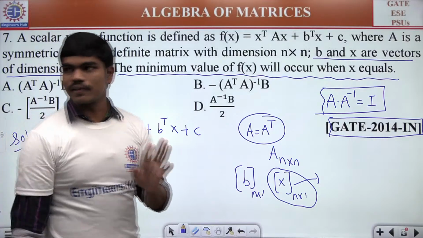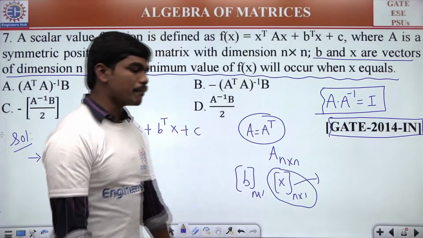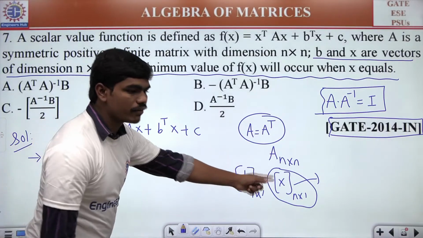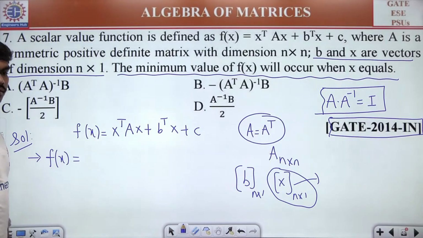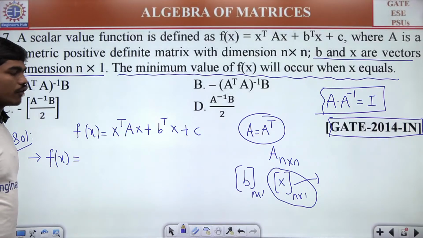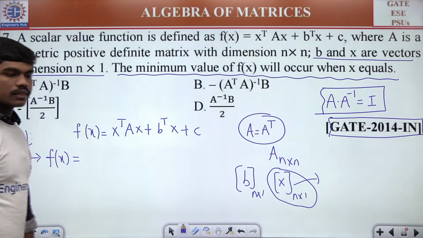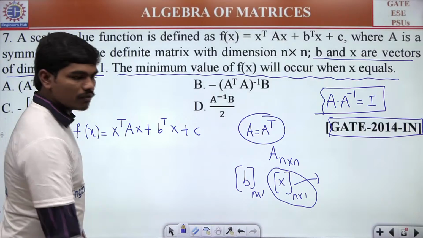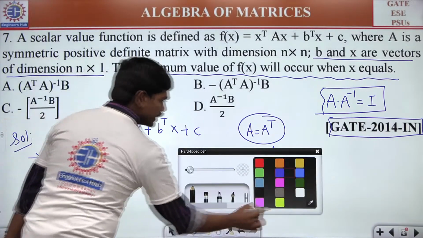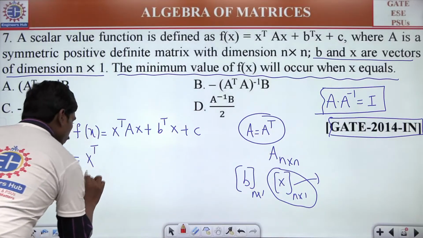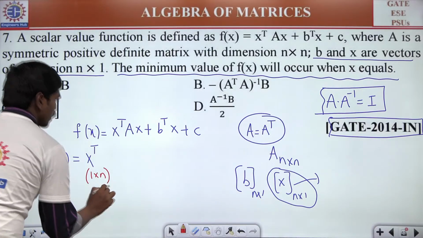Look, forget about the solution of this question. Please try to answer my question step by step. If x is of order n by 1, can you all tell me what could be the order of this x transpose? Any one of you? The order of the matrix x transpose is how much? It's 1 by n, correct? So x transpose has order 1 by n, times